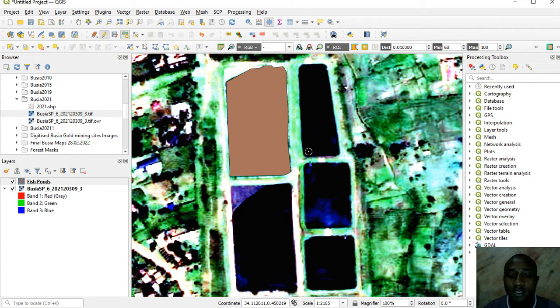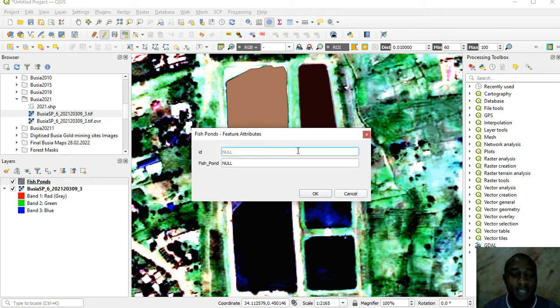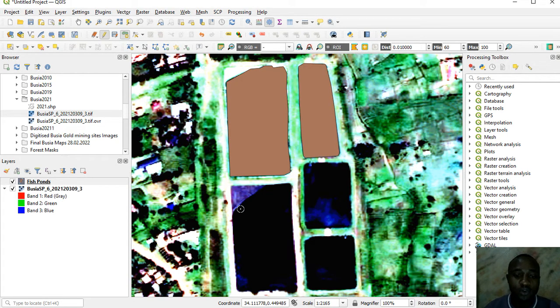This is the second pond. You do the same. Once you reach at the end, you right click and put 2. Then this is pond B. You press OK. You go to the next pond,